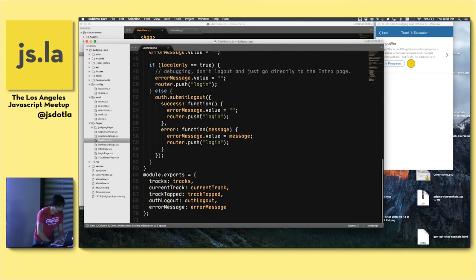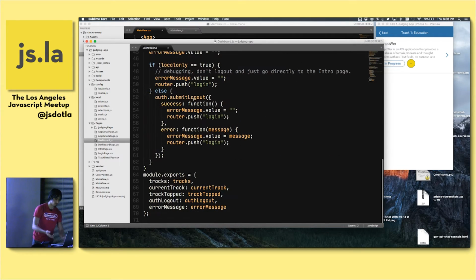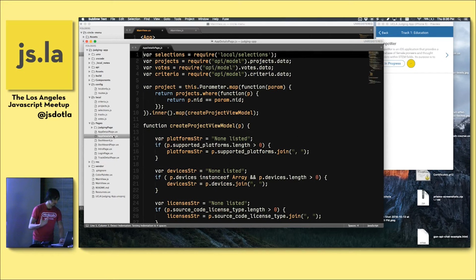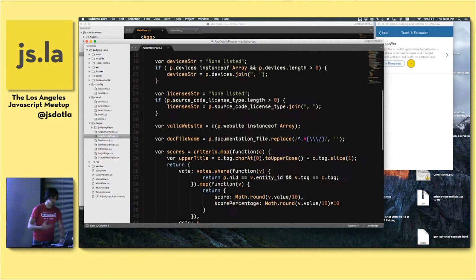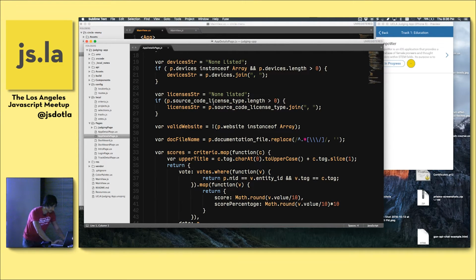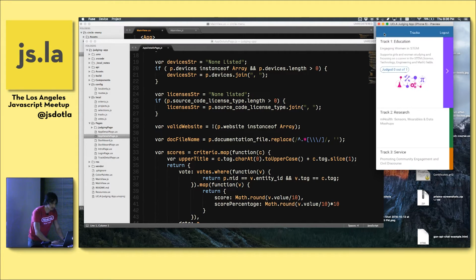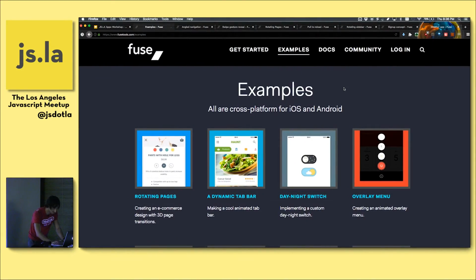In this version, it's running locally, but this does interact with a live server. And there are modules that I've written that communicate with that server using, I think it's called the fetch method, to grab data and send it and interact with the server. That's all on the JavaScript side. The UI never has to deal with that stuff. So that was a quick overview of this. I'm going through this really quick because this was a 2-hour workshop that I did before.